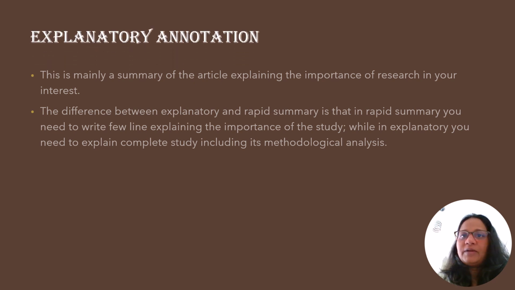Then the final one is the explanatory bibliography. What is an explanatory bibliography? It is the same as rapid annotation. However, in rapid you just need to write 5-6 sentences and summarize the work of the author. While in explanatory you have to write the analysis of their methodology, their analysis of their results, and then what they have given in their discussion and conclusion. So here you have to write everything about the article, and you have to summarize it in more than 5 to 6 sentences, like writing it in 10 sentences, so that